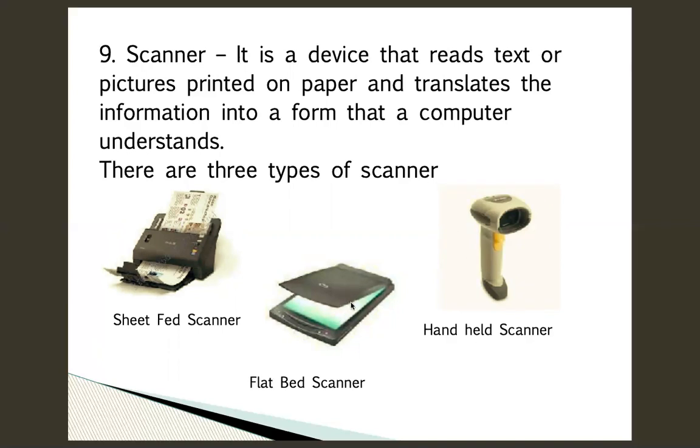Now this is the flatbed scanner. Flatbed scanner, again, all the three are connected to the computer, whichever you are using. Suppose I'm using the flatbed scanner, it is attached to the computer. You have to put the file or a paper which you want to scan. This is the lid. You have to close the lid. It will take it as an image and put it in the computer directly. In the same way here, whichever page you want to scan, put it here. How the printer takes the paper, in the same way it will take the paper and scan your picture and put it in the computer directly.